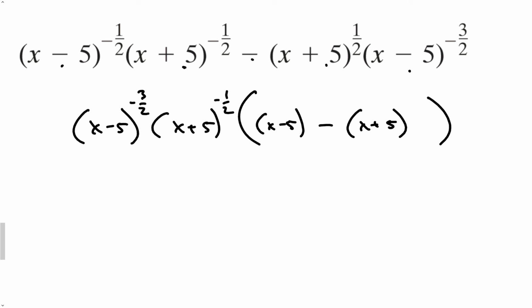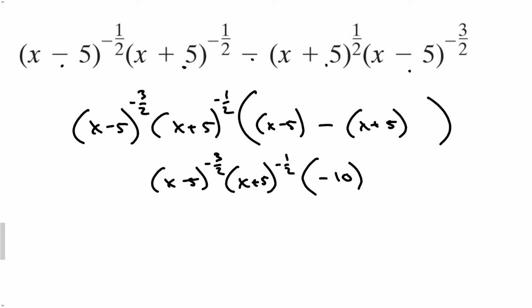Distributing that negative gives me, let's write this out. So that's x minus 5 to the negative 3 over 2 power, x plus 5 to the negative 1/2 power times x minus x goes away. Negative 5 minus a 5 gives me a negative 10. So my expression is negative 10 over x minus 5 to the 3 over 2, x plus 5 to the